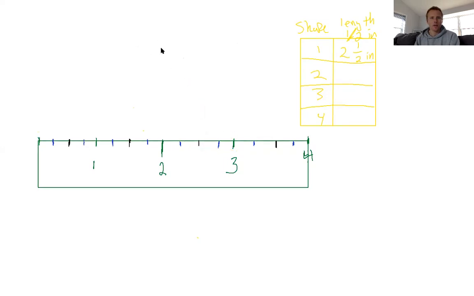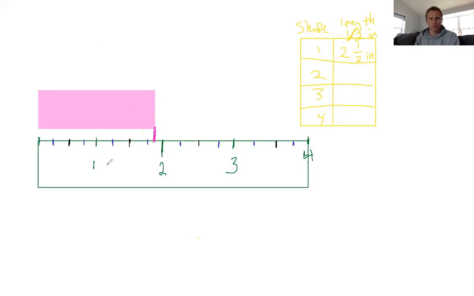So I could get another shape here. And perhaps this one is that long right there. So I have to find it to the nearest half inch. Draw my line down. It falls right in there on the number on the ruler. So it's either 1,